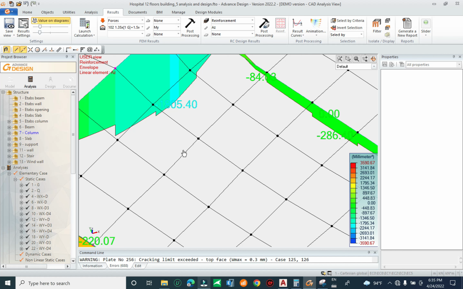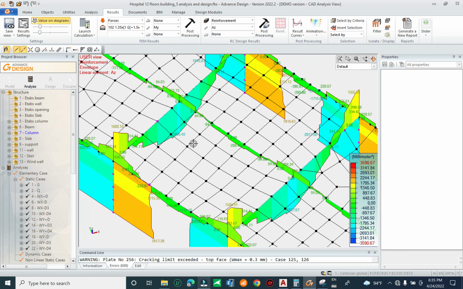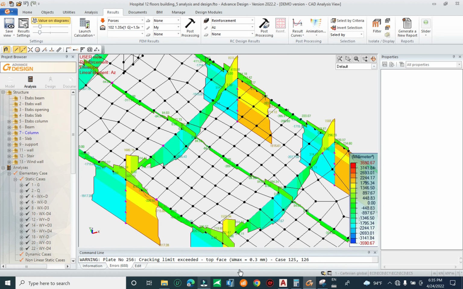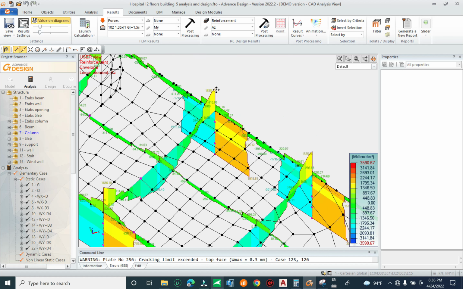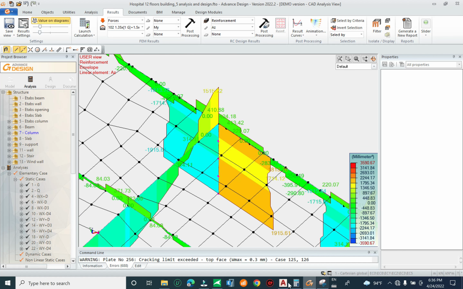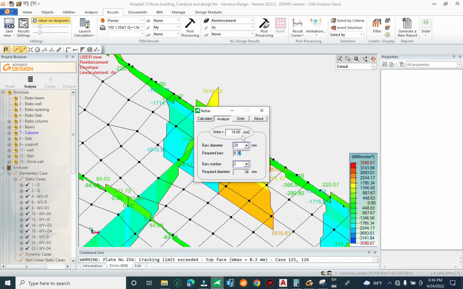If you use 20 diameter, 6 dB 20 at the bottom, and at the top you use 5 dB, so you can use 6 dB at the top and use 7 dB at the bottom. For the secondary beam, it needs smaller rebar,